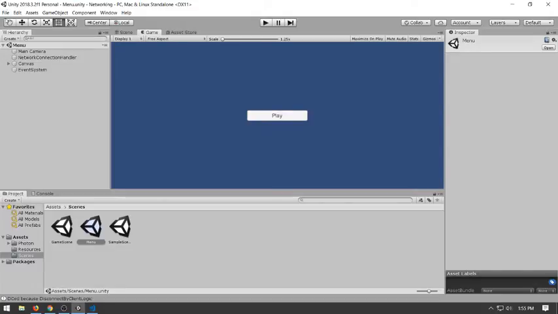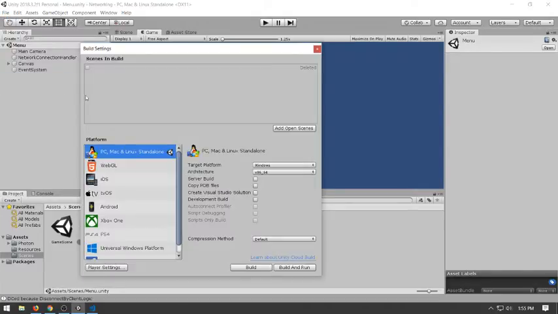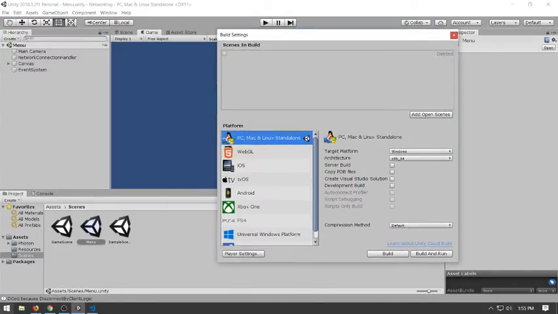So what we need to do is in File, Build Settings, you're going to see the scenes in the build, which currently are going to be none. So we need to take our menu and our sample scene, and we need to drag them into the build. If it'll let me do that. Make sure that your menu scene is on top, because when you're in a build, you want the menu scene to load first. So you want it to make it index 0. So now that we have these two scenes in the build,